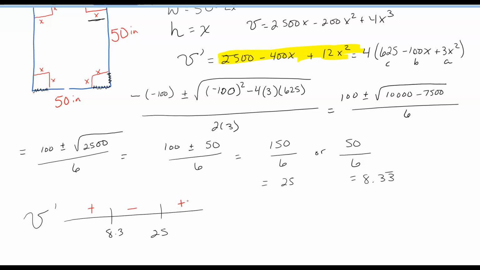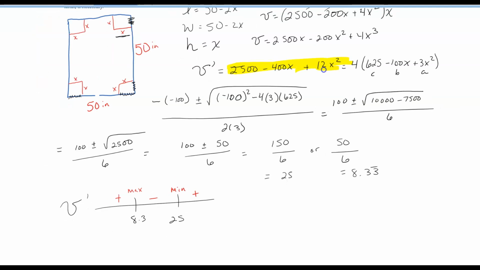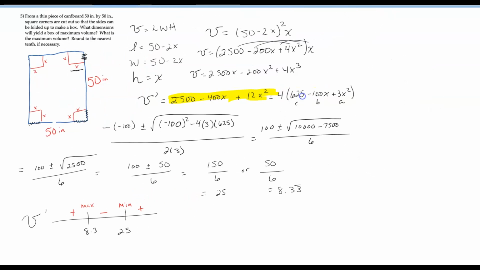So if it goes from positive to negative, of course it is a maximum. And if it goes from negative to positive, of course it is a minimum. So this is how we determine which value to accept. Let's go back to our question. They wanted us to maximize the volume. So for maximum volume, I'm going to need to use the 8.3 right there in place of x,